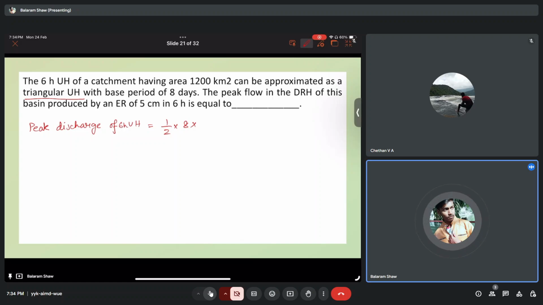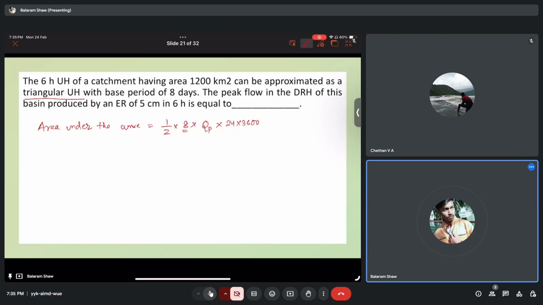Okay, so we have to find the peak discharge. Let's say the peak discharge is QP, and this base is in days. We'll convert this into seconds, 24 into 3600, right? So we need to find the peak discharge. This will be equal to the area under the curve,